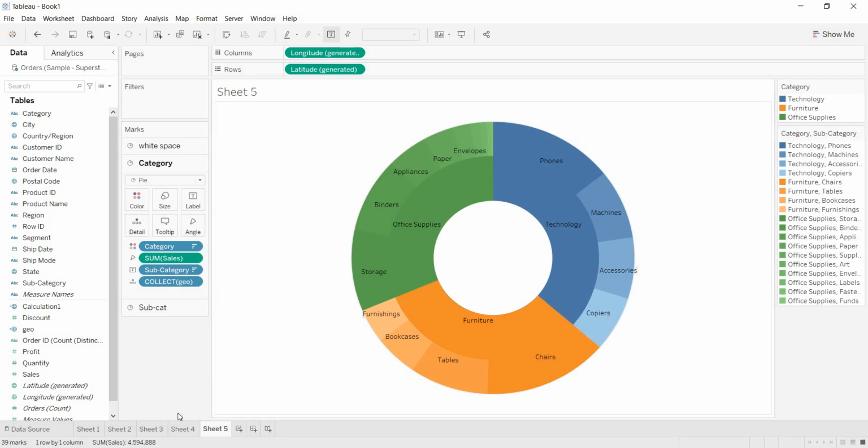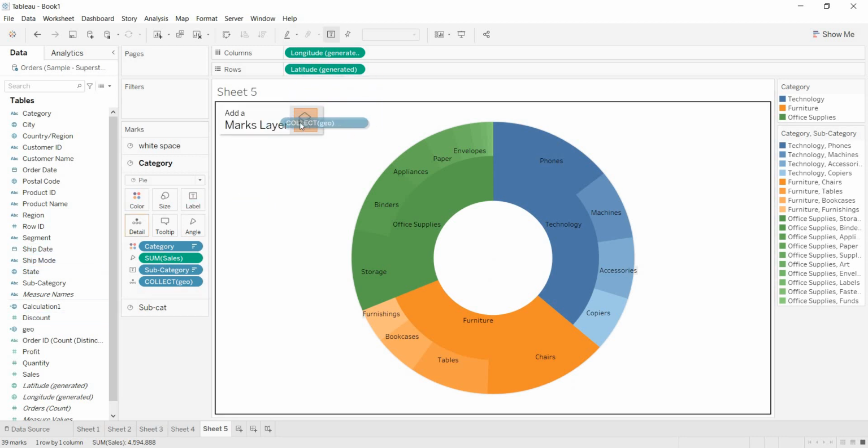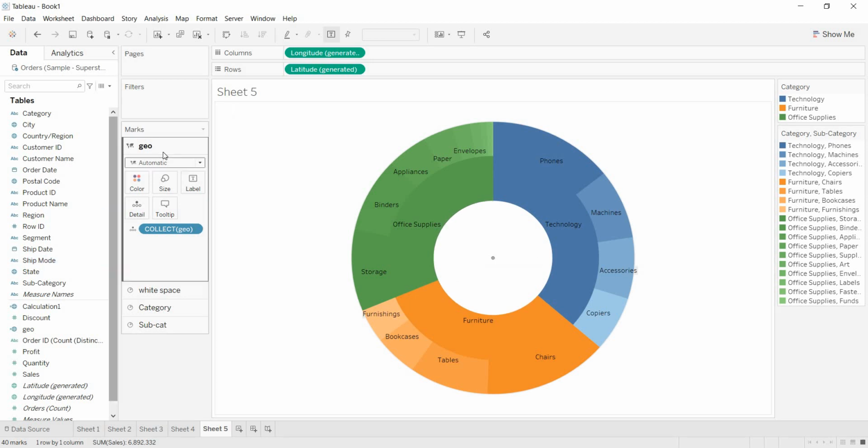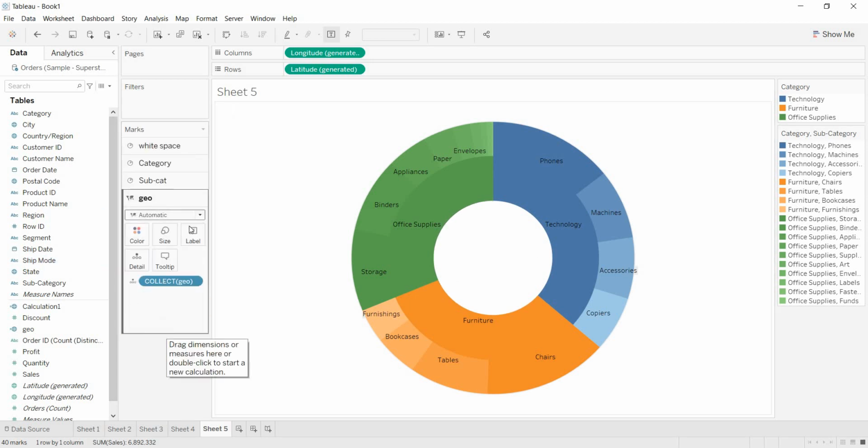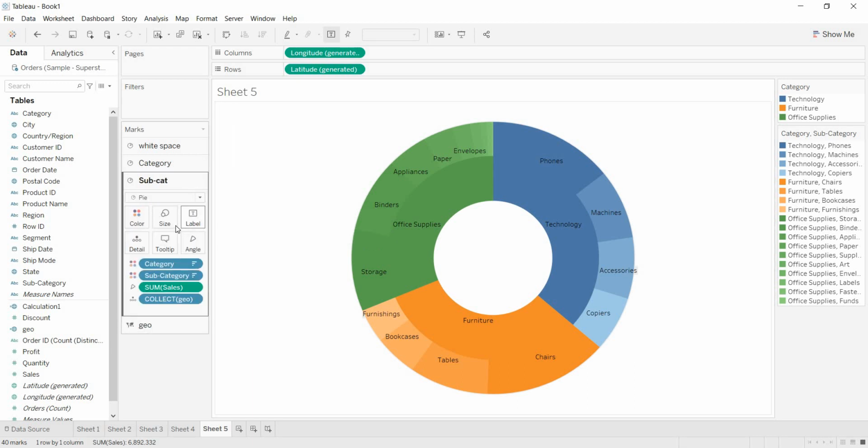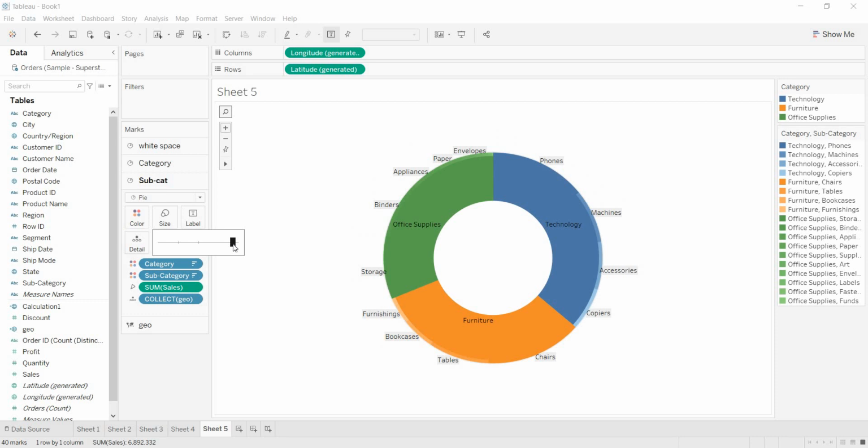Even let me show you. You can build as many layers as you want. Let me show you that one with one more layer. I'm adding one more layer. Just bring this to the last. Now I brought this. Now let me decrease the size of this subcategory a bit.